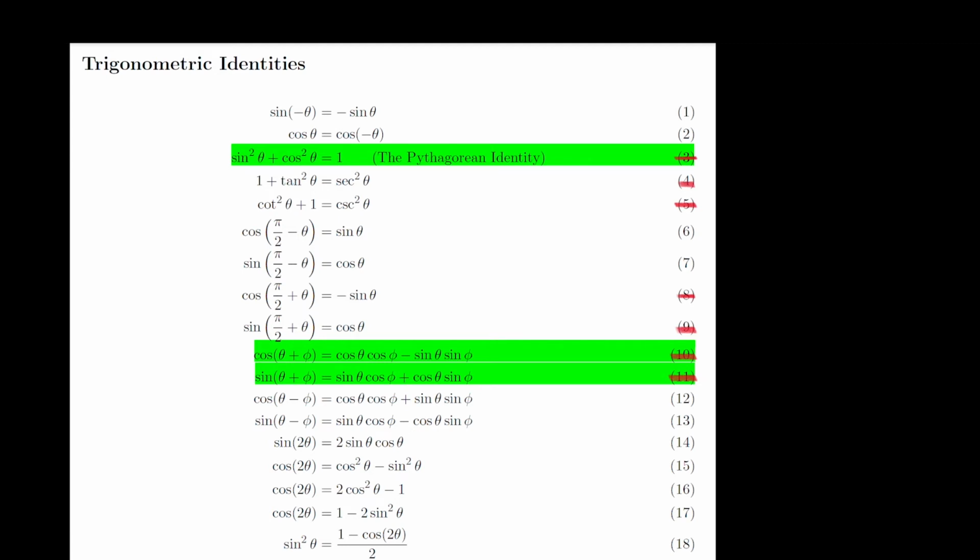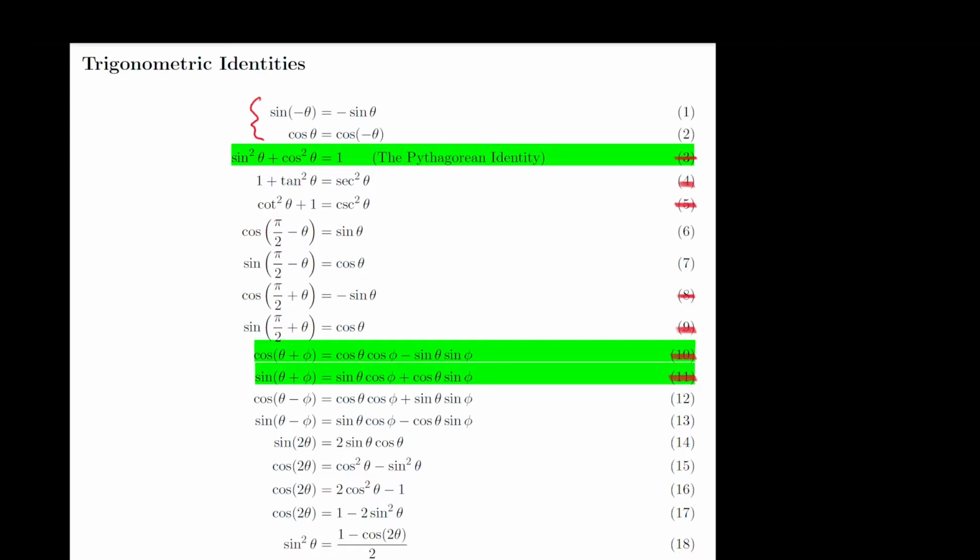In this video, I will continue proving trigonometric identities, and in particular, I will prove these two, trigonometric identities 1 and 2. The first one, which says that the sine of negative theta equals negative sine of theta, says in function speak that sine is an odd function. The second trigonometric identity, which says that the cosine of theta is equal to the cosine of negative theta, says in function talk that the cosine function is an even